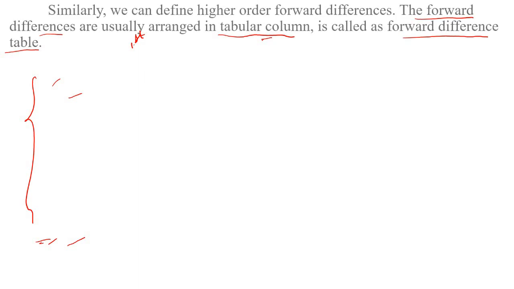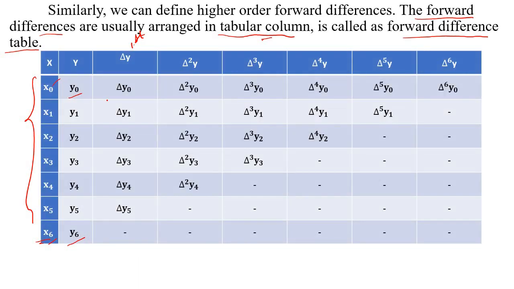So according to that, observe the arrow mark, y1 minus y0 gives delta y0. So what is delta y1? y2 minus y1 gives delta y1. Similar to that, delta y2 is nothing but y3 minus y2. This gives delta y2. Similarly, we can find out delta y3, y4 and y5, but I can't find out delta